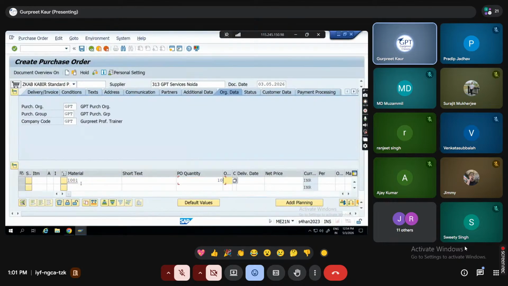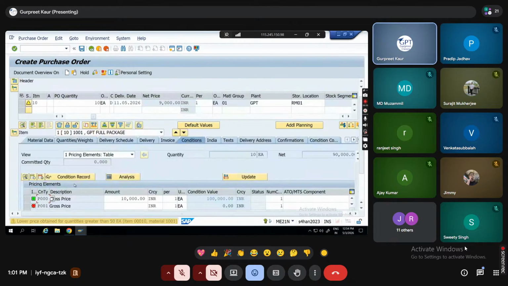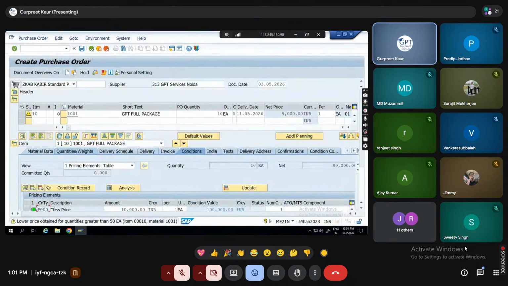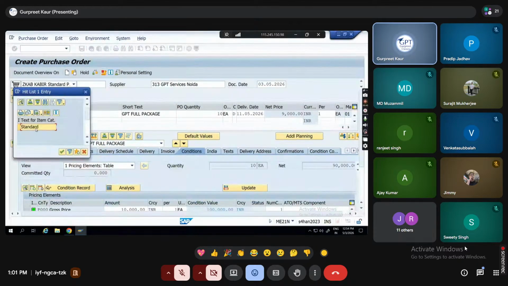Material, how much quantity we want, where we actually want it, at the plant and the storage location. Now here you can see that only a standard PO can be created. I cannot create any other purchase order.